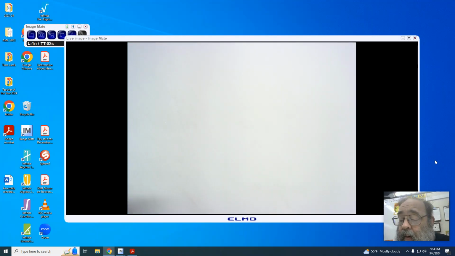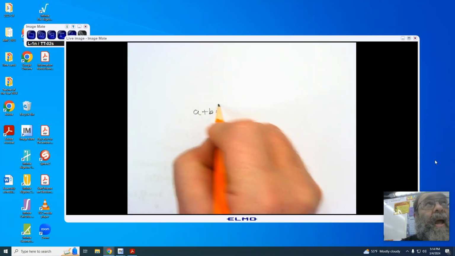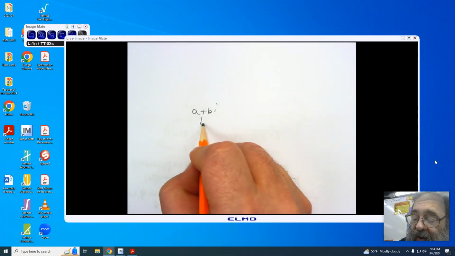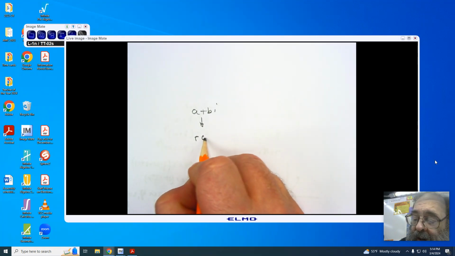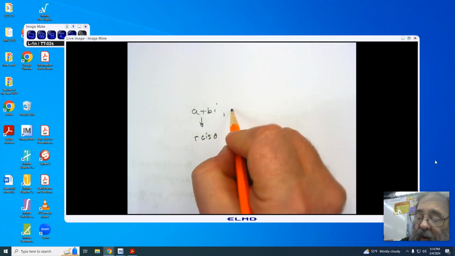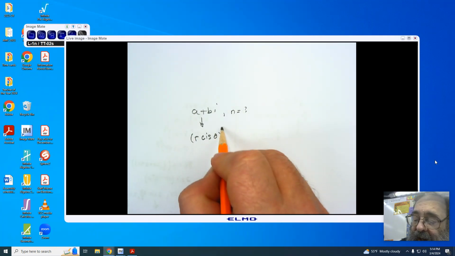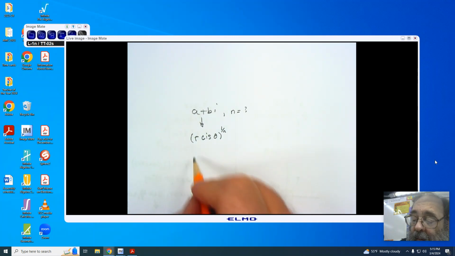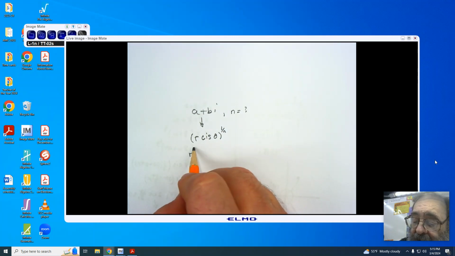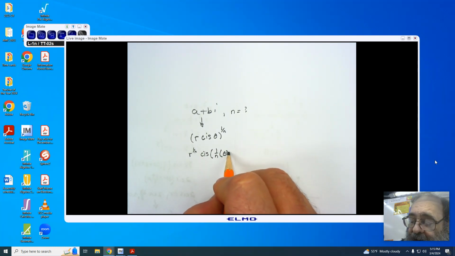basic pattern. So keep in mind, we want to first take an a plus bi. We want to convert it into cis form, so r cis theta. Once we have that, we're then going to take the nth root, and the root can be any value, and this would then be 1 over n. We end up getting r to the nth root cis of 1 over n times our theta, and then it